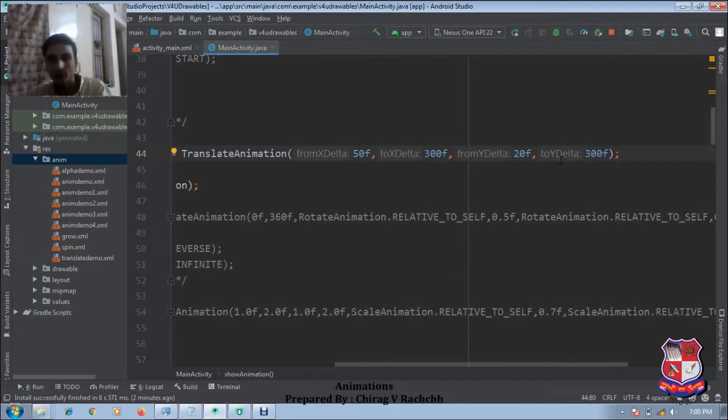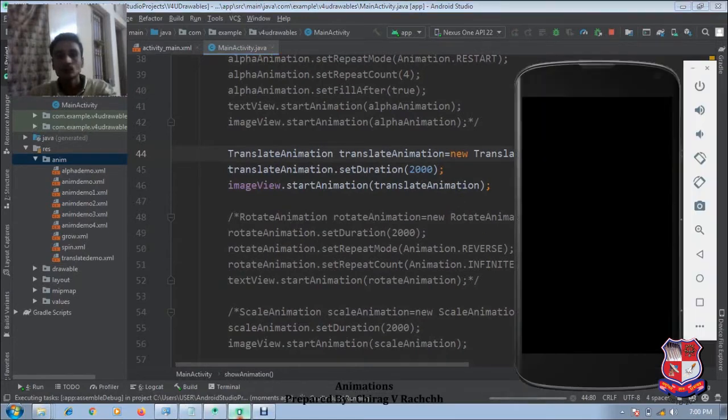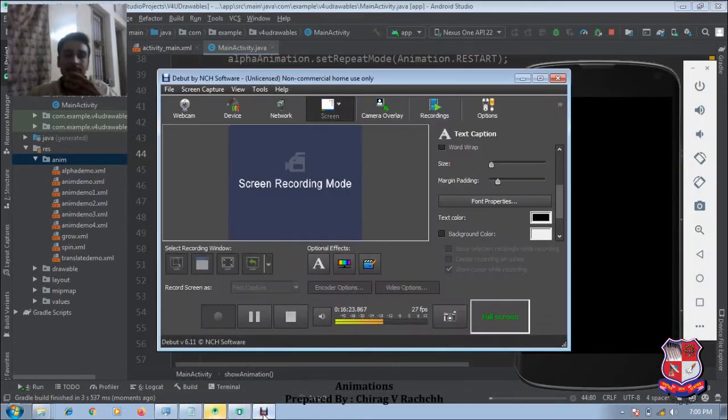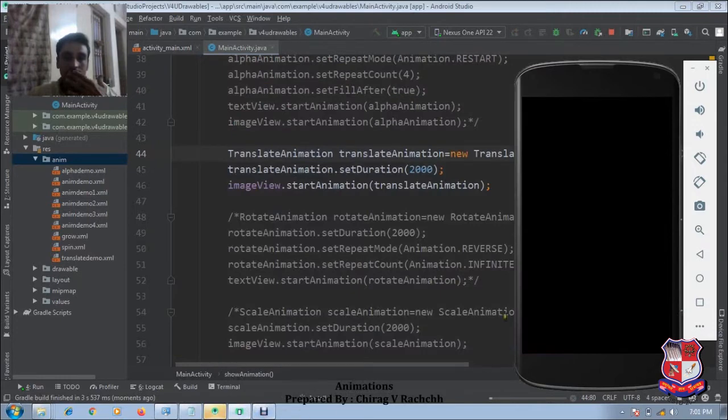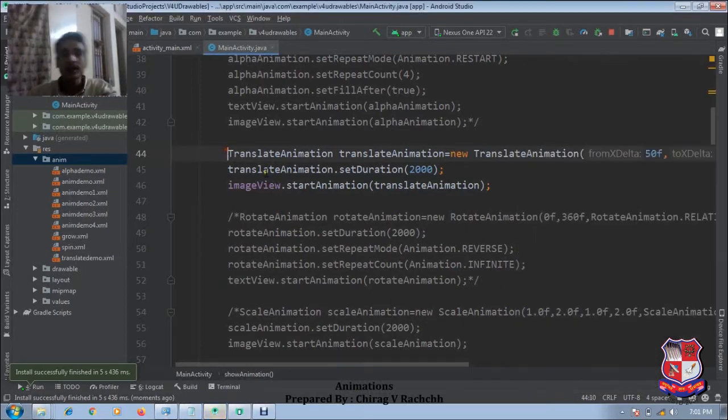Let us apply and see. So it is moving in both directions. So it is translate animation.